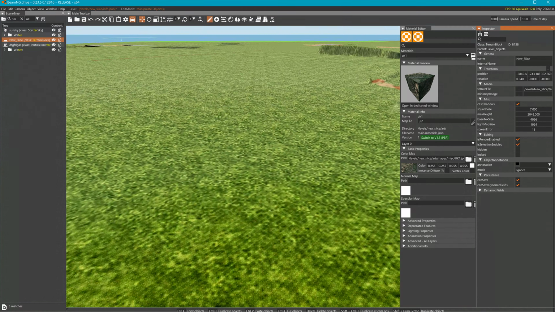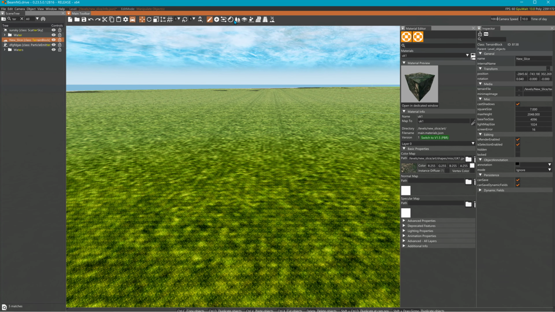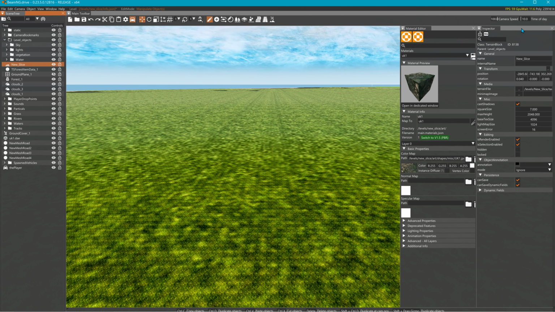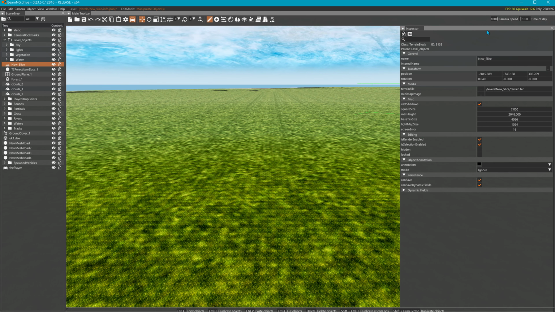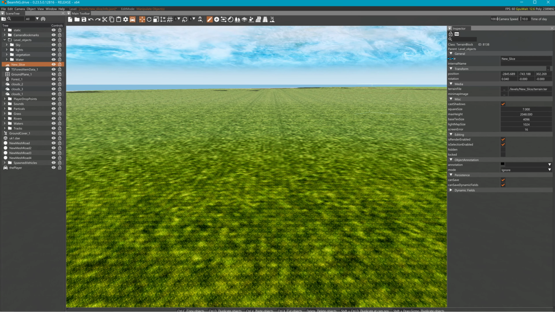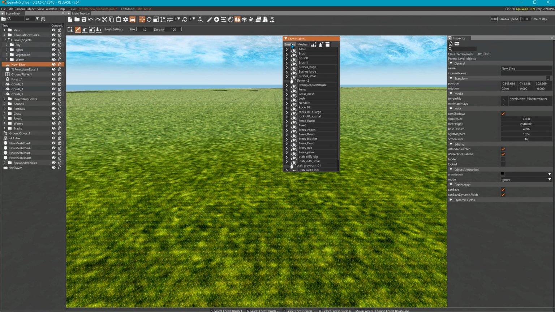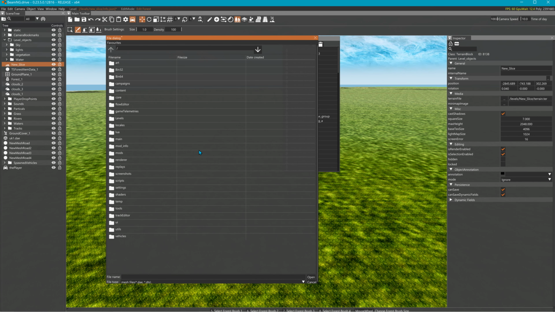Once you get into your level, go to the forest tool. Now make sure you got your inspector open. You're not going to need the material editor, but just make sure you got your inspector open here. Pull up your forest tool, and where you see brushes and meshes, go to meshes and pick add new mesh. Now navigate to that folder you just copied over from the game,